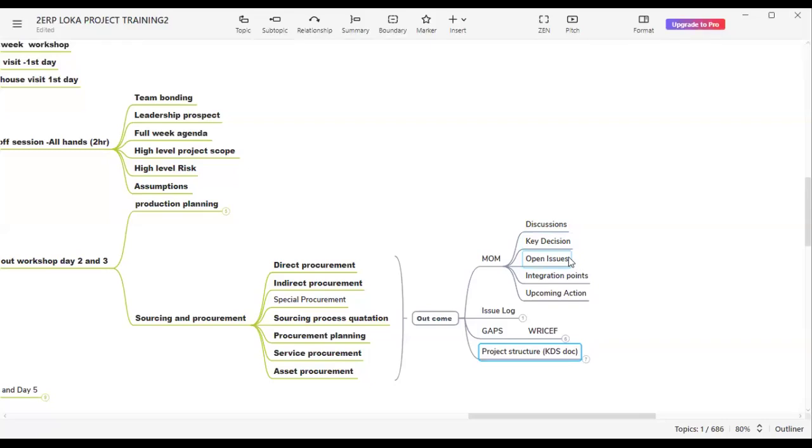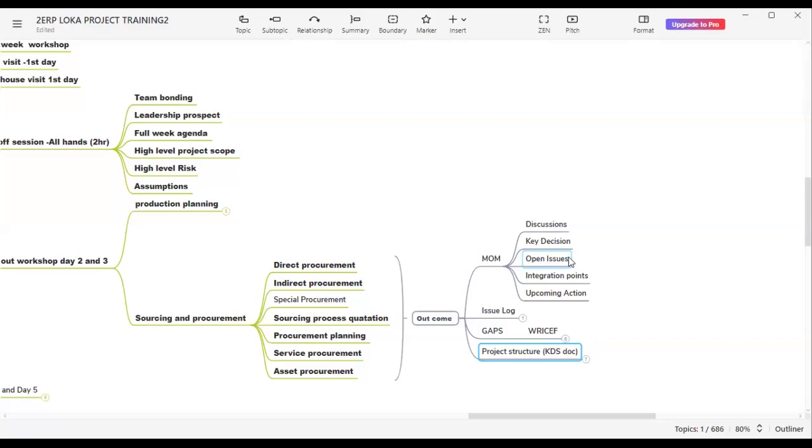If they are using any third-party system, then how are we going to integrate? Or if this process is linked with any of the different modules, then how are we going to do that? And what is upcoming action? So these are the things we are going to discuss in the workshop.